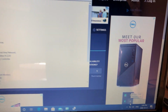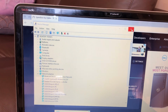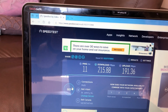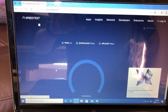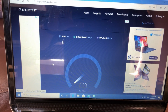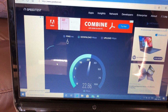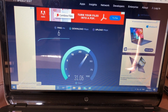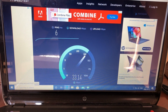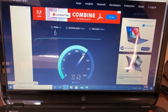Okay, I've re-enabled my wireless here now. I'm hooked up to the same network again, and we're gonna do a test, see what we get. And the whole point is, is there any improvement from Wi-Fi, if you got a weak Wi-Fi signal? Wow. Well, see, now as you can see here, we're getting 30 via Wi-Fi, and we're getting